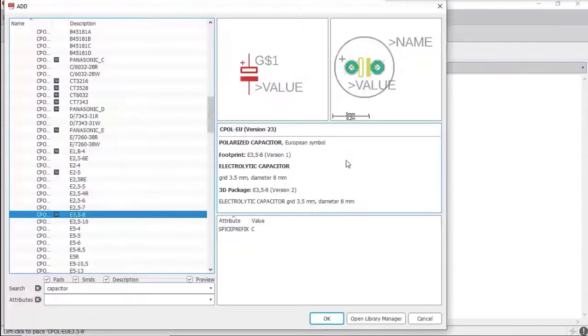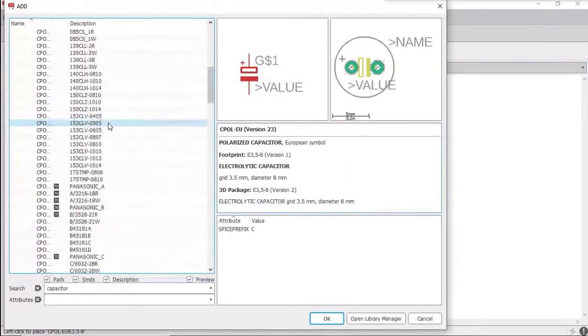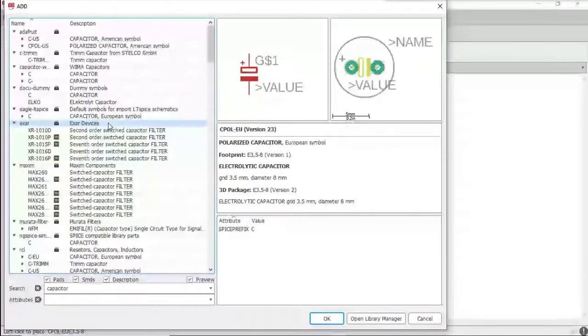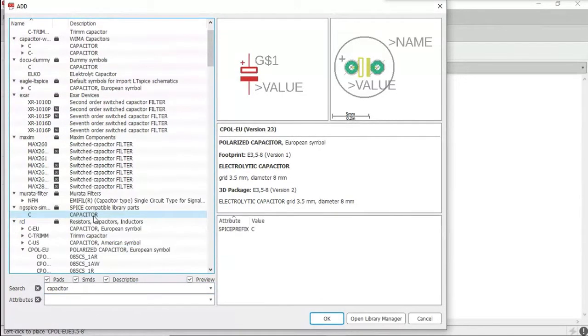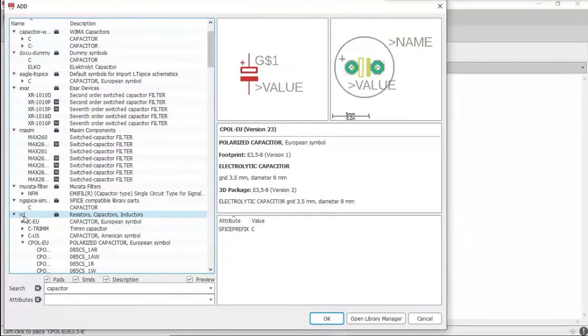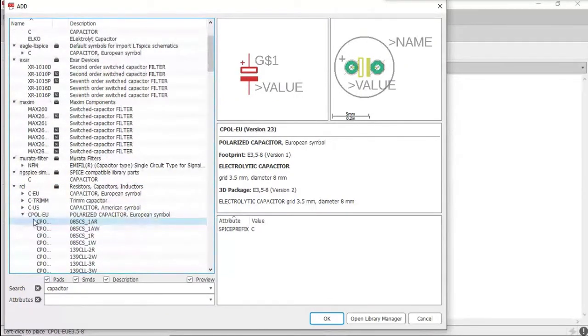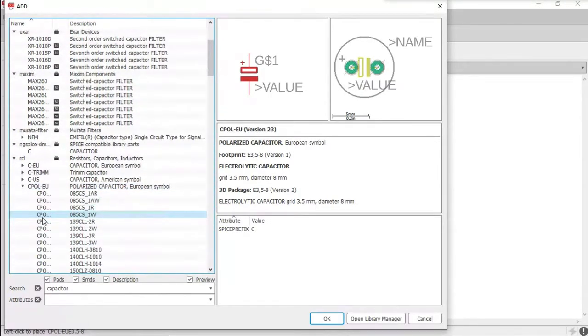I will just repeat this step. Just type capacitor, click on enter, and scroll down. You will see an option called RCL. Under RCL, select the option CPOLEU. CPOL stands for capacitor with the polarity.